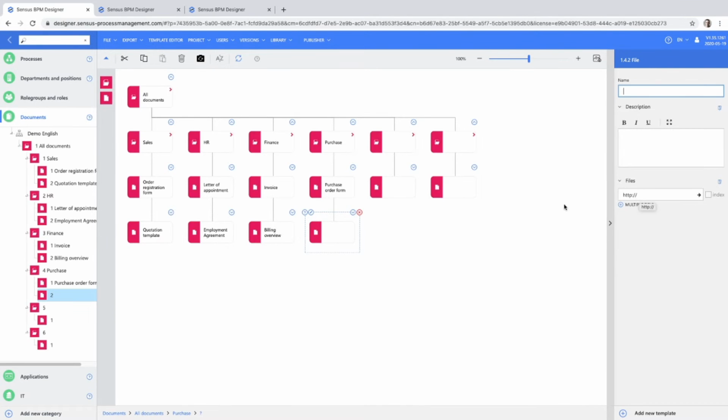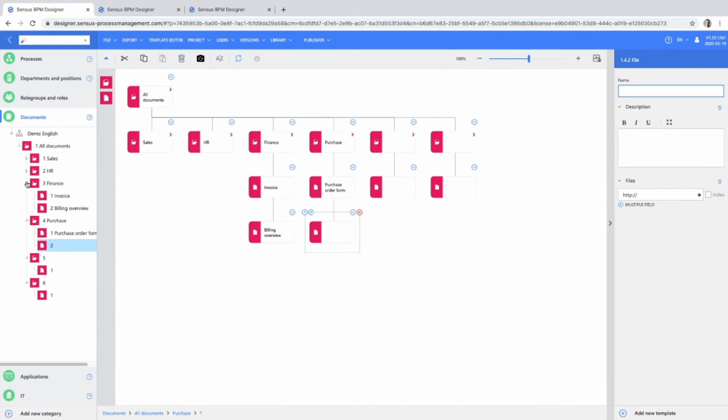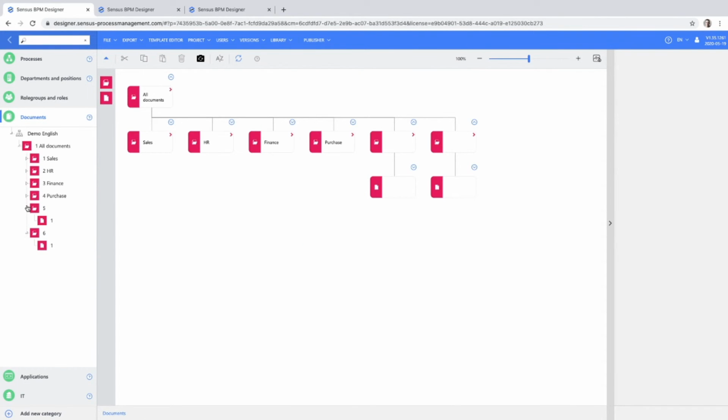When you make the connection of the documents with the processes, and you publish them on your intranet, they can click on that document, and then via this URL you will come to the document you have in your system. So that's very nice, because you know that they always use the right document. So now you can have a lot of documents. The nice way is that you can close those folders,